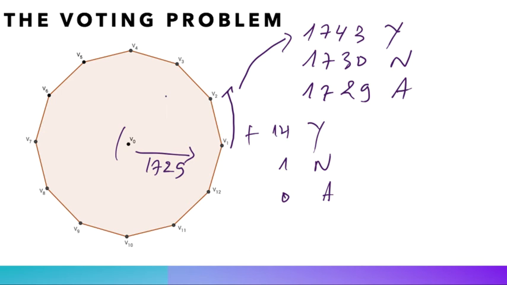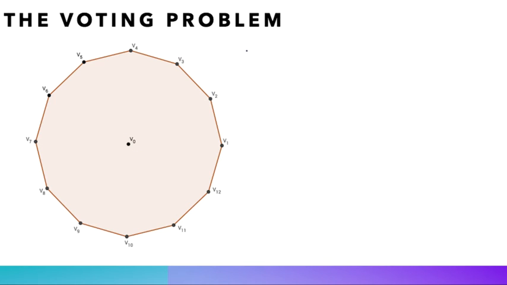voted. This process continues with V2 adding 14 for yes, 1 for no, or 0 for an abstention, and then passing the result to V3. They continue until V12 gives a number to V0, who adds a number for his own vote. Let's say the final sum is 1832. The president subtracts the secret number 1729 from 1832 and gets